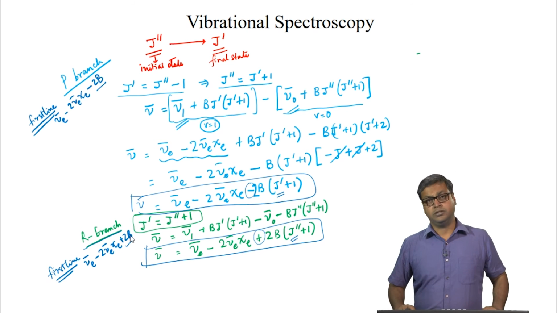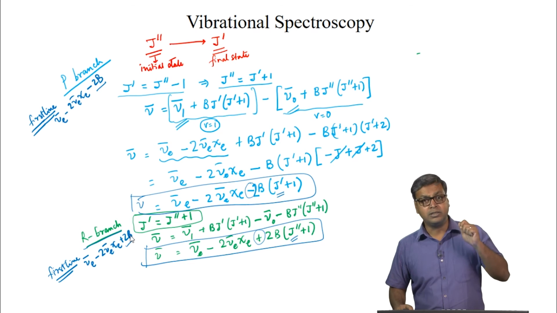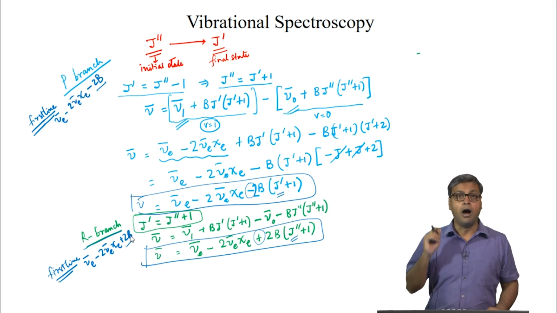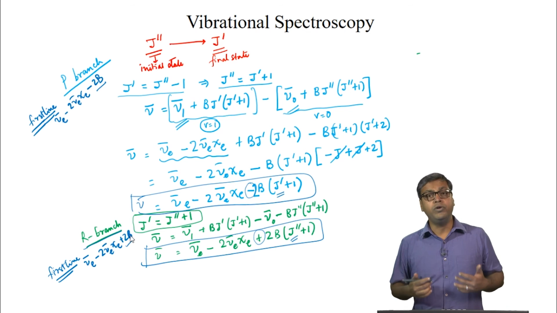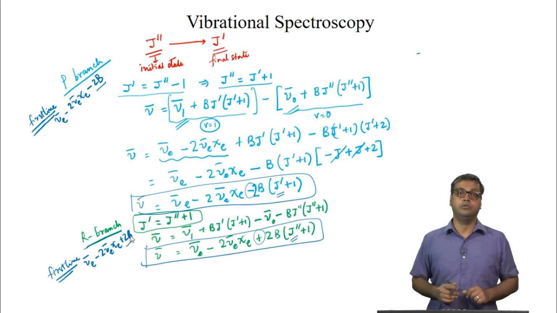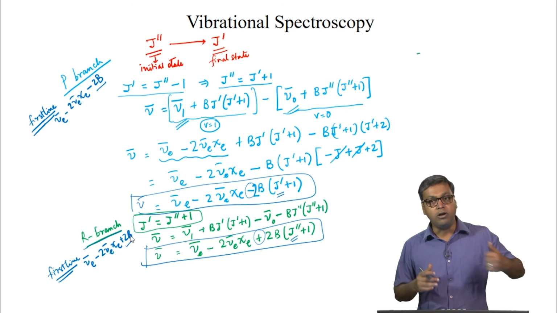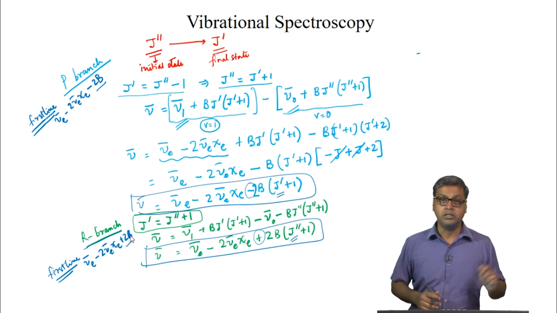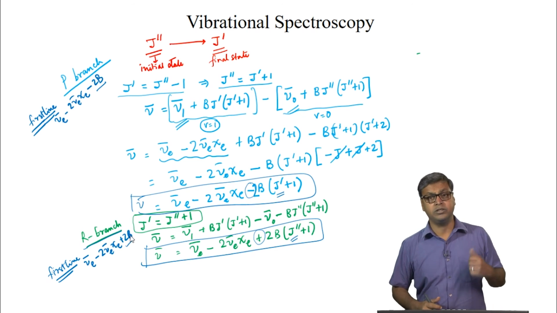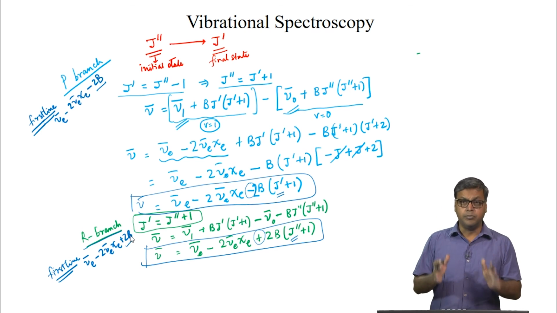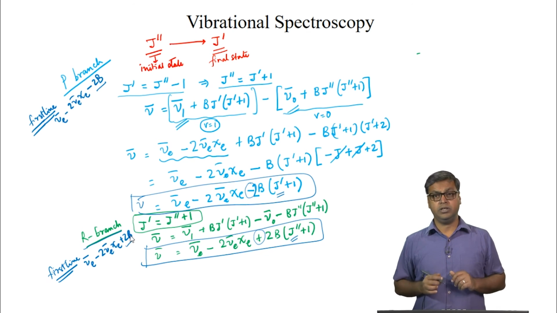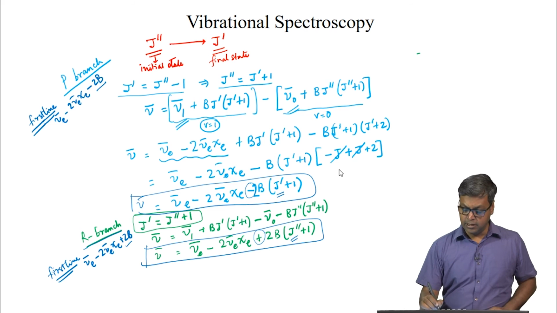So, this enables us to identify what the first line in the P branch is and what the first line in the R branch is, because all we need to do is to find that gap. Once the gap is found, the lines at smaller frequencies are P branch lines and the lines at higher frequencies are R branch lines. The center of this gap associated to the fundamental frequency is known as the band